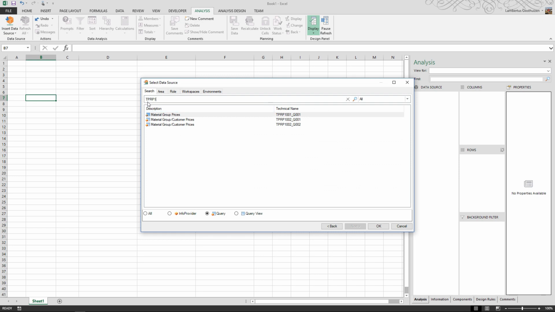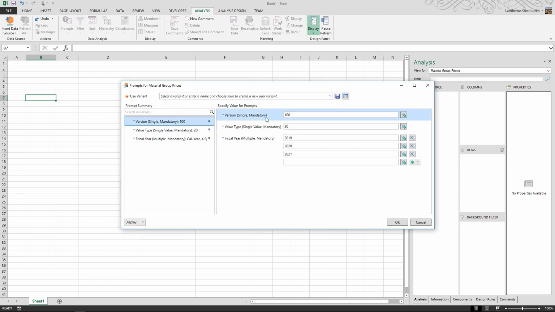So in our case, it's TPRP1, and it's a wildcard, and we're going to restrict it to only queries, and we can search, and it will bring back the results. So I'm going to add the material group prices query, and double click will bring up the selection screen, and I can enter my variables as required. So OK,